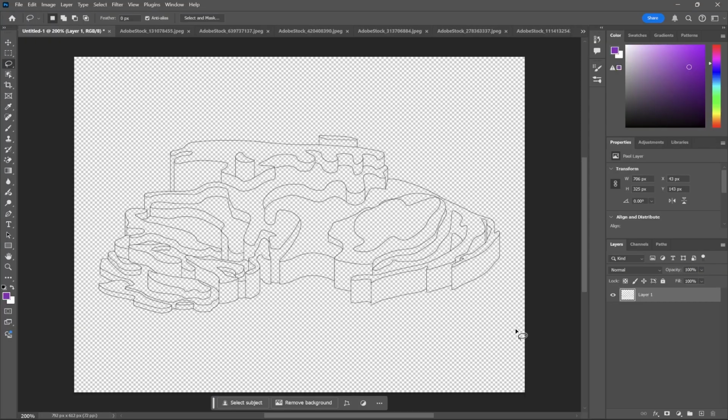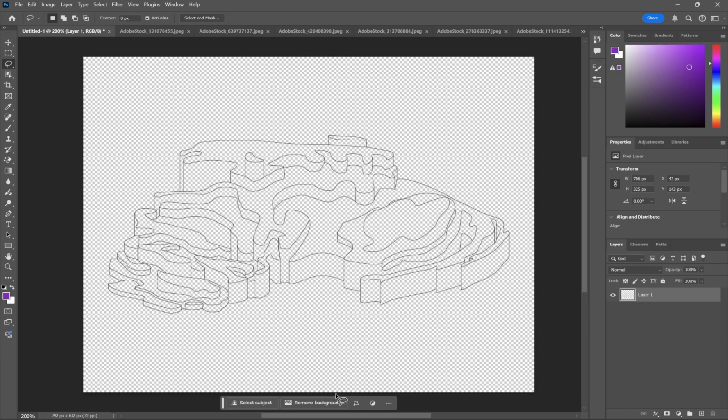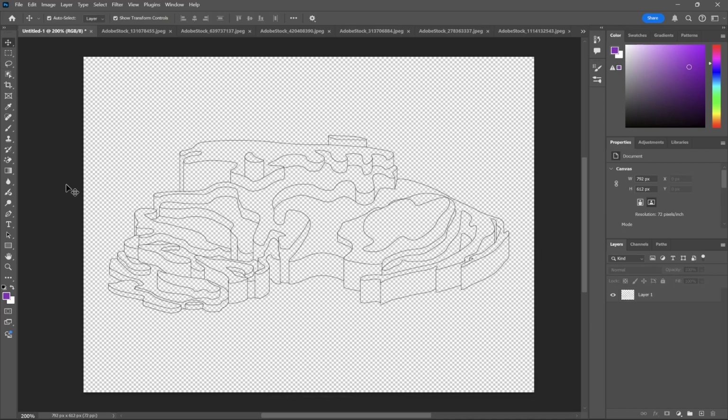I've opened up my drawing in Photoshop. While this is the same drawing from my previous Illustrator video, I am going to be representing this drawing differently as compared to solid colors. And I kind of want my drawing to look like it's made from a yarn world, maybe Little Big Planet. And I really think this is a good exercise to get used to the selection tools and some of the editing tools in Photoshop if you're a beginner.